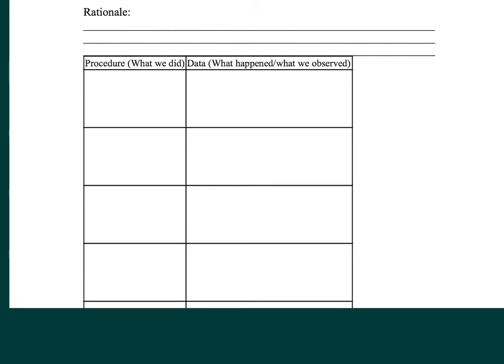Now, the trick to doing this well is to figure out good procedures that lead you to answers. So you can't just be randomly trying everything with your box. You really have to plan it out carefully. Always ask yourself, what is it that I'm trying to find out by doing this? What information is it going to give me? Because if you're not careful, you'll run a whole bunch of tests and know nothing at the end.